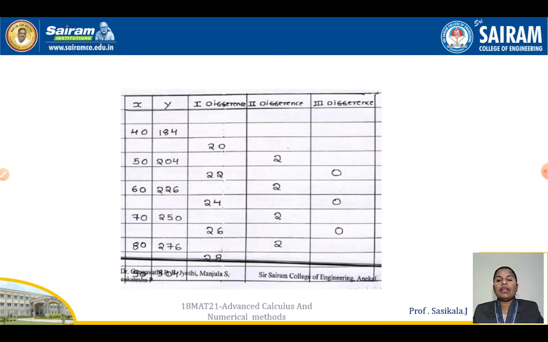First, write in the table all the x values and y values: 40, 50, 60, 70, 80 up to 90, then the corresponding y values. In this table I have written a first difference, second difference and so on. Why? Because we are not going to use only the forward or only the backward. So for both methods we make this table common, and we choose depending on the case: for forward we take the first values, for backward we take the last values. For that reason I am writing first difference, second difference, like that. Go with 204 minus 184, I get 20, 22, 24, 26, 28. Similarly, the second differences are all 2, and the third difference will be 0. Now one by one we will do it.